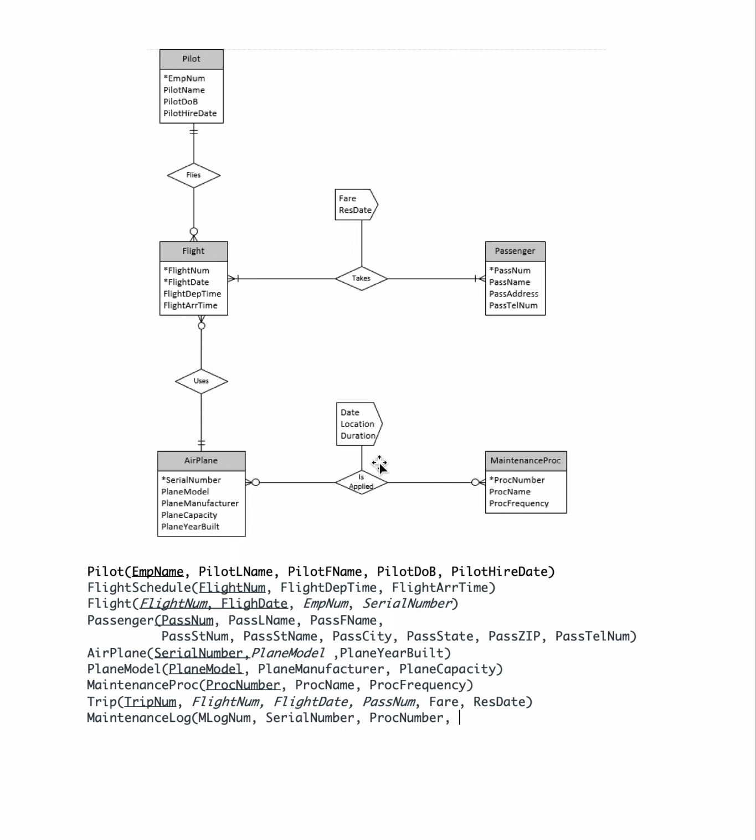And then we need to add the attributes on this intersection entity: date, location, and duration. And then we need to record that this is the primary key and that these are foreign keys. And now we have turned this ERD into a logical